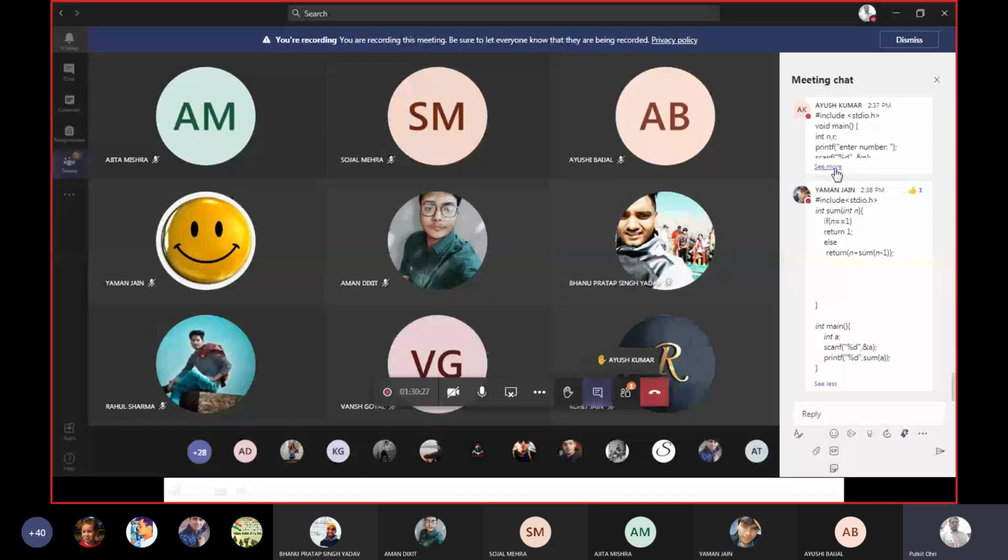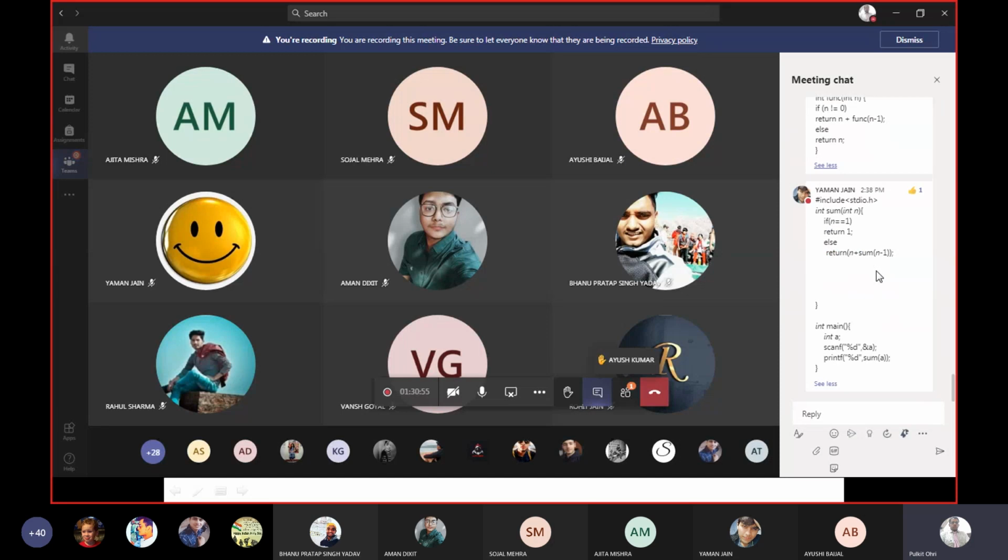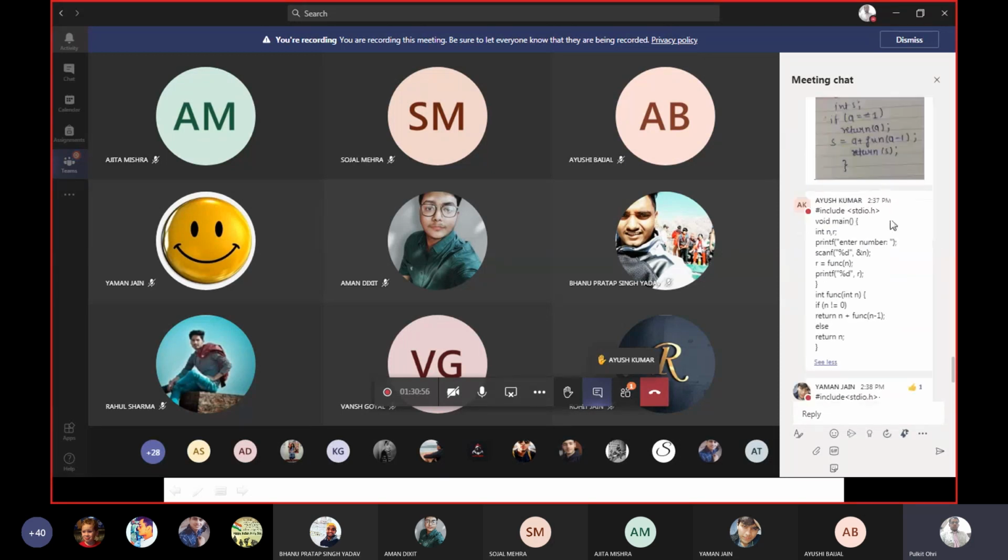So you guys can refer to the code of Yaman, and the code sent by Ayush is also correct. I will give other students around 5 minutes or 10 minutes.